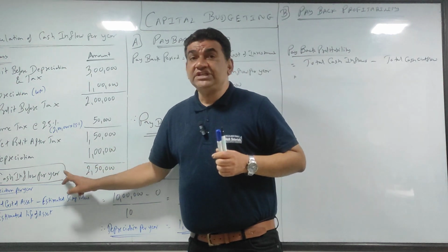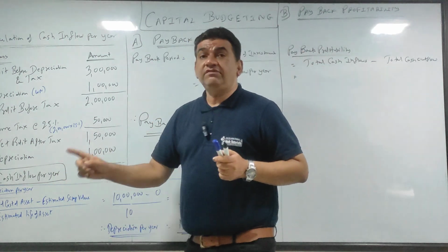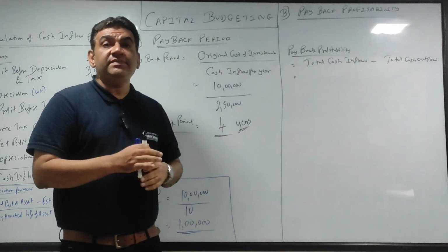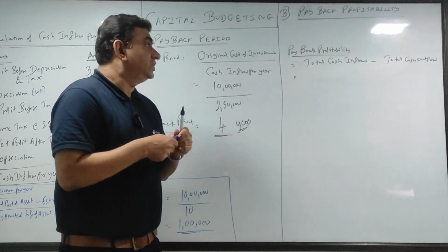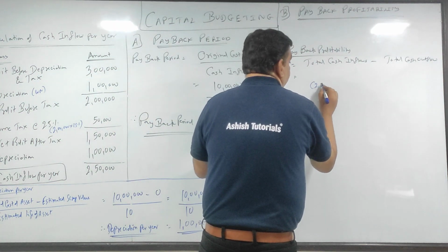250 cash inflow per year, एक साल का ही है. This is cash inflow per year. I want for the entire life. ये सब में मेरा लाइफ कितना है? 10 years. So I'll put it in brackets. My total cash inflow will be